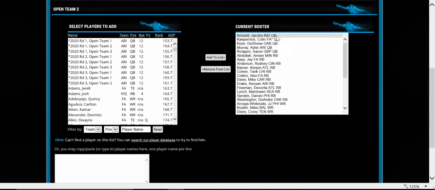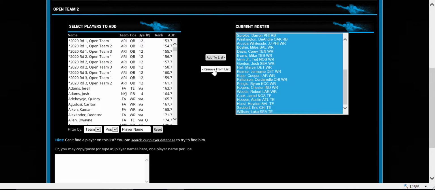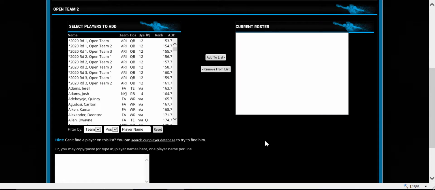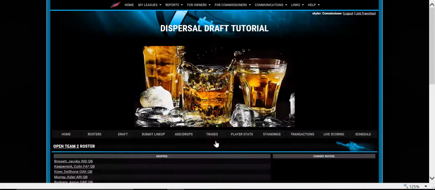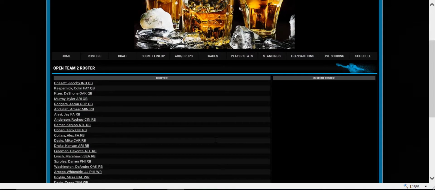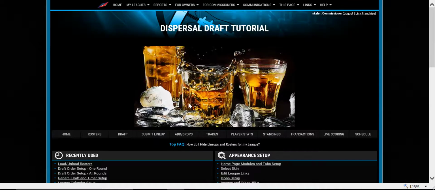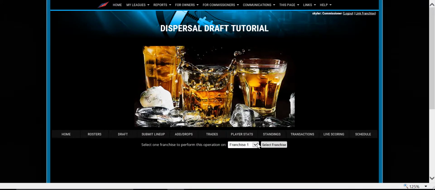And now click on Jacoby Brissett once, hold down the shift key, scroll down, click on the last guy. It highlights them all, remove, and load unload roster. Very quickly, and there you can see it acknowledges off to the left that everything is done. And we've got one more. We go into open team 3